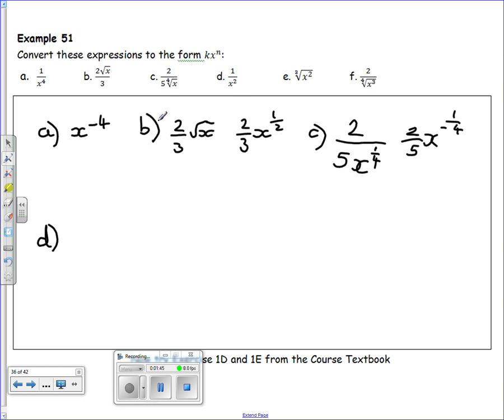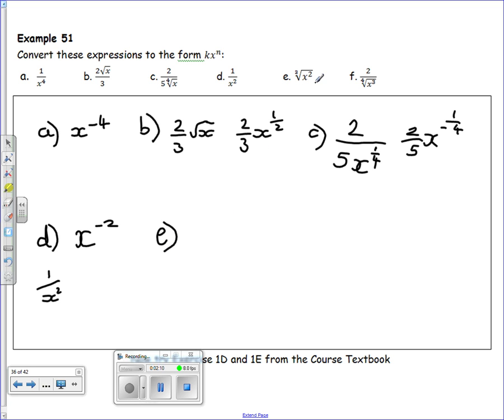In part D, very similar to part A, x squared is on the denominator, so we can bring it up to the numerator as a negative power. So remember, our negative power we write back as reciprocal 1 over x squared. Part E,